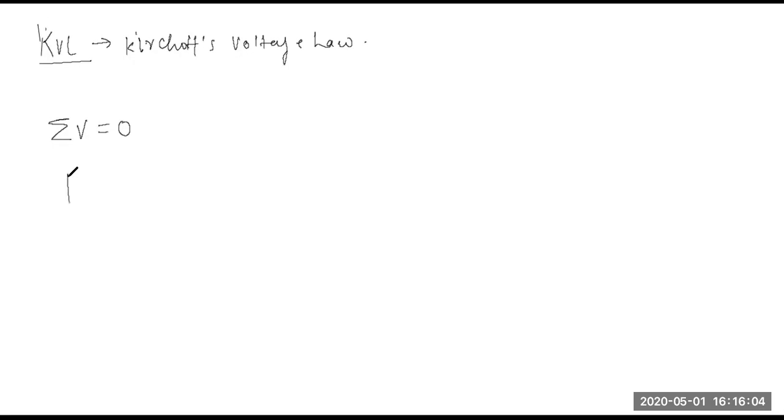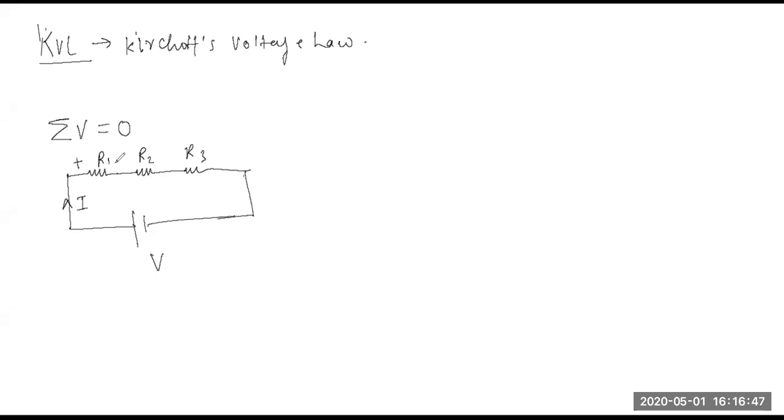Now, if I want to apply it in a circuit, let's say when given a circuit like this, with R1, R2, and this is R3, and let's say you have a battery like this, potential V. If you have a battery and resistances, there will be some current I in the circuit. Now what this basically says is that you take net potentials with sign, of course, loss or gain. If there is a gain you take it plus, if there's a loss you take it minus.